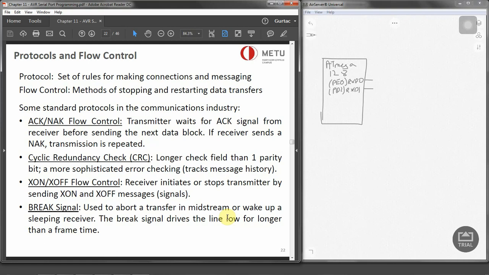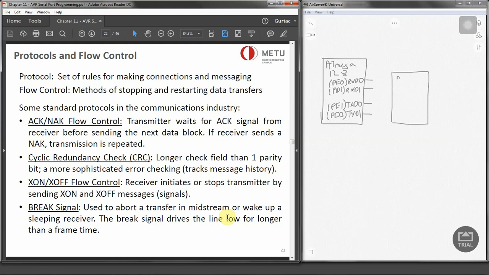And on the other side, PE1 is actually TXD0 and PD3 has got TXD1. So we have got 4 pins on Atmega 128 that we can use for receive and transmit using the RS232 standard. Now, in the middle of these, we have got the line driver, which we call it,